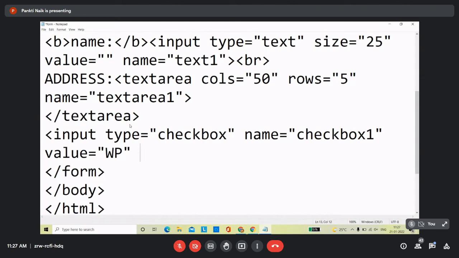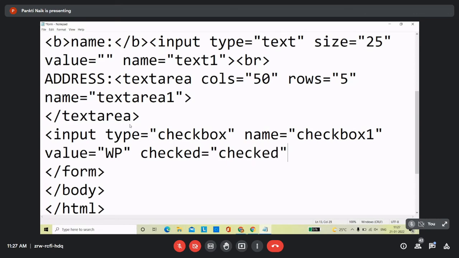So whenever user selects this checkbox 1, what value will transfer to the server? That is WP. Then another attribute of checkbox is checked is equals to,